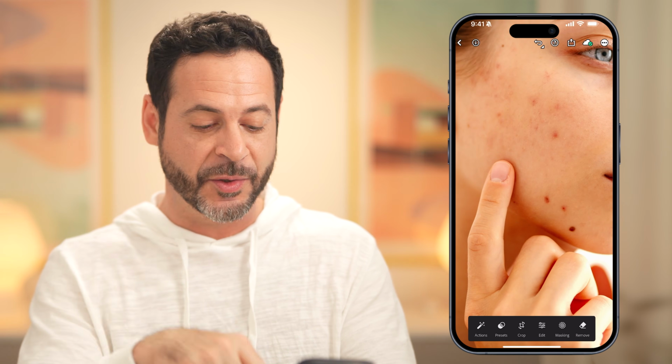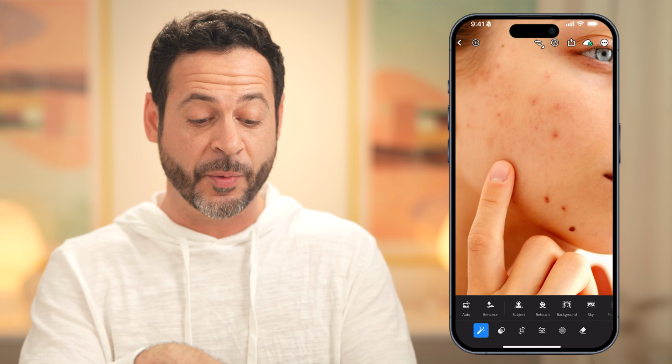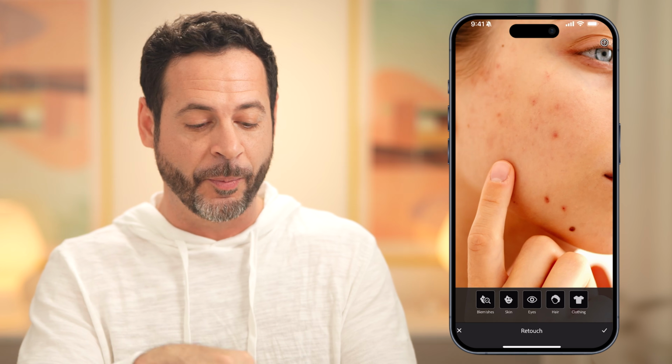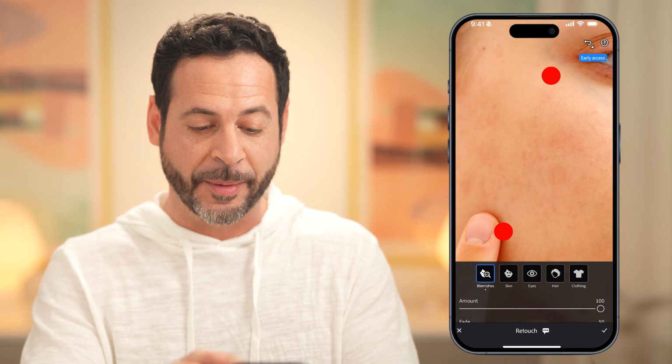With our new quick actions, we're going to click right here on the very bottom left. Because it recognizes there's a person, we're going to have Retouch. Let's go ahead and click there, and we have our brand new Blemishes tool. All you have to do is click right on Blemishes, and you're going to see instantly all of the blemishes